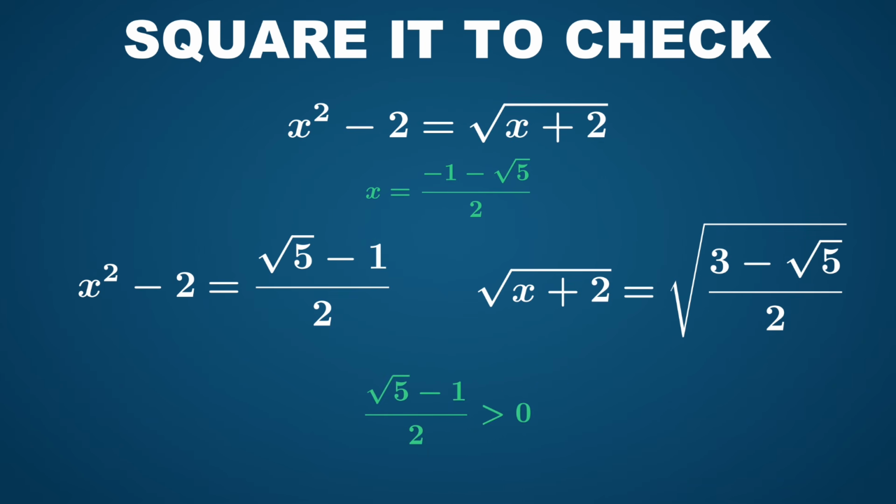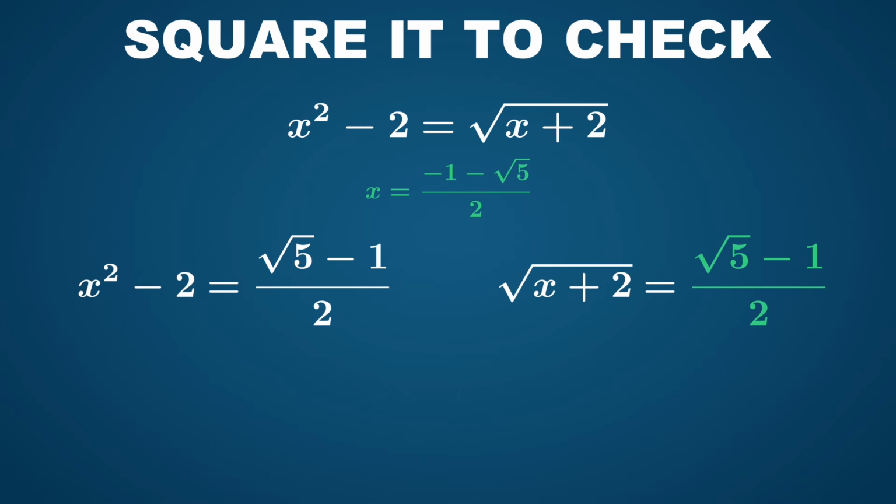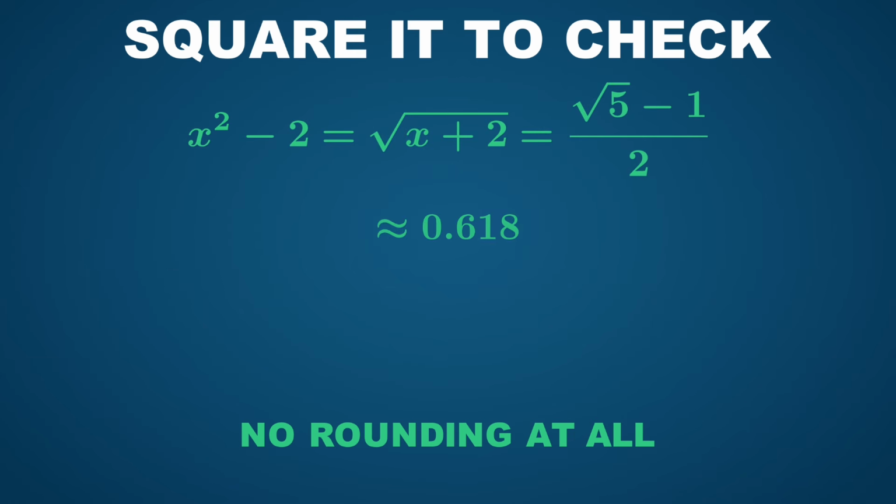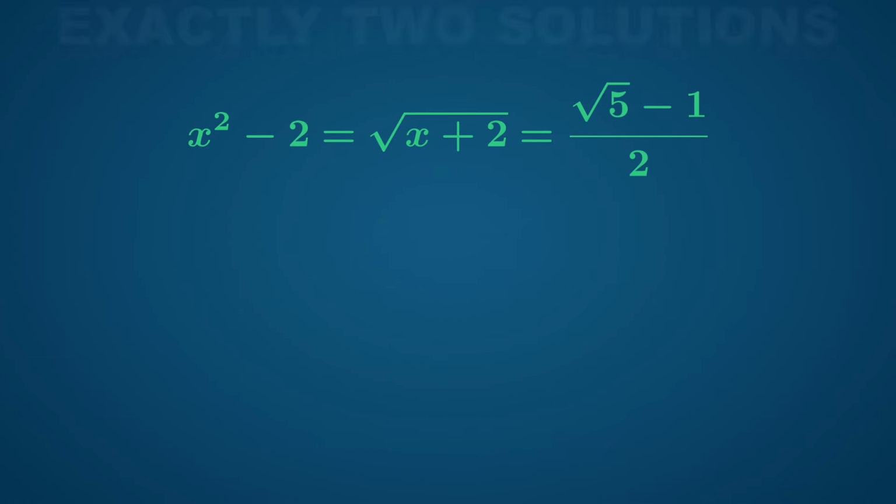And root 5 minus 1 over 2 is a positive number. So the square root in question equals root 5 minus 1 over 2. Left side and right side agree exactly. With no rounding at all, both sides equal root 5 minus 1 over 2, near 0.618, so the original equation